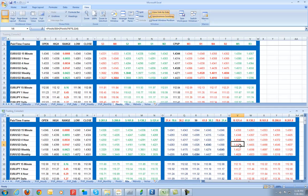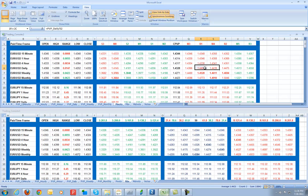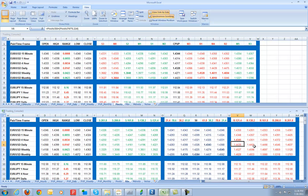But if we were in that realm, if we were near 44.30, okay, if we were in this vicinity, 44.03 to 44.39, there's no question about it that I would definitely be highlighting these two, and I will just for the sake of the lesson. So we know now that 44.30 and 44.55, okay, will be very significant pivot point areas because they're also pivot point extensions of the daily, and they are